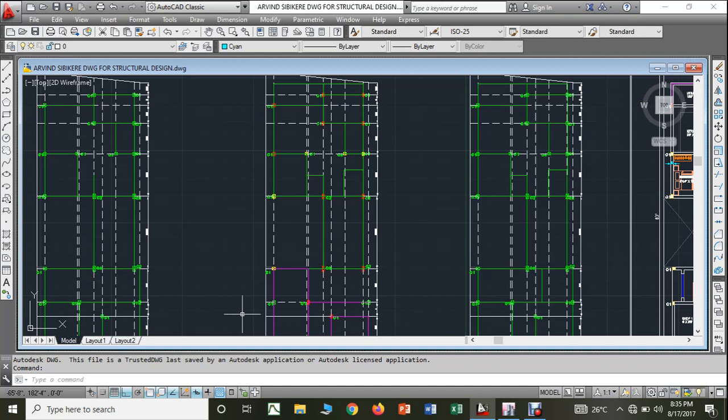Welcome back, learners. In the previous video we discussed how to decide the dimensions of the beams. Once the preliminary dimensions of the beams and columns, that is your sections, are defined and finalized,